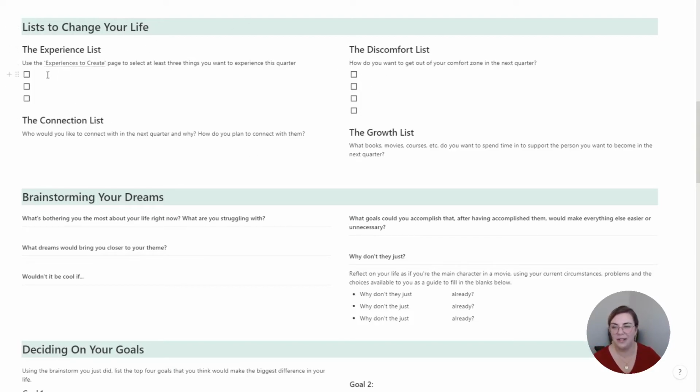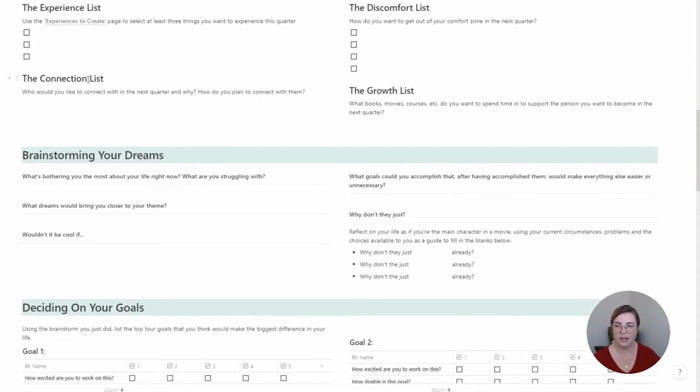And in the experiences list, it's things that you want to do more, whether it's going to a watercolor class or walking more or going and trying out a new walk in your area that you haven't done before or something like that. And connection is people you'd like to connect with more. So for me, this actual quarter, I wanted to have more people I was connecting with who were also in creative business like me. I don't have a lot of creative people who I can connect with in my local community. I haven't found